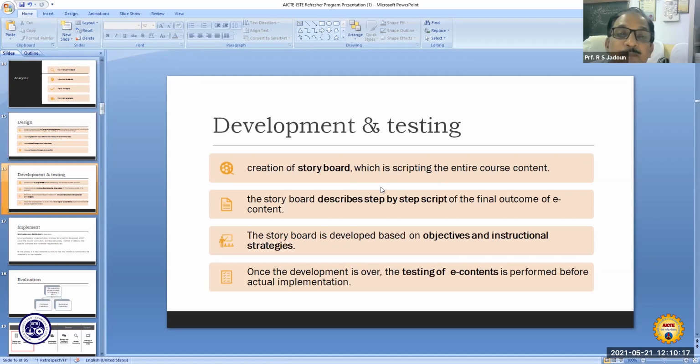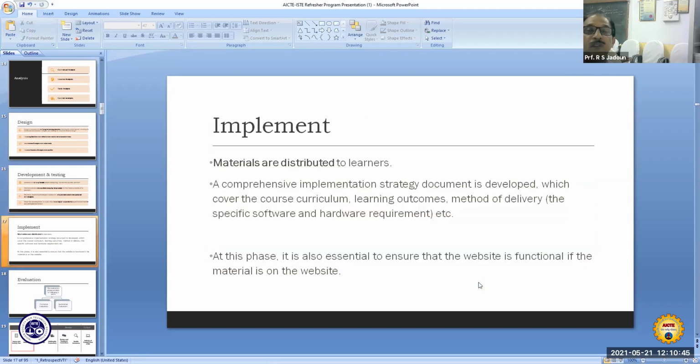Then in the next step, development and testing: scripting the entire course content, describing a step by step script of the final outcome of the e-content, refining objectives and instructional strategies, and then testing the e-content which is to be developed.